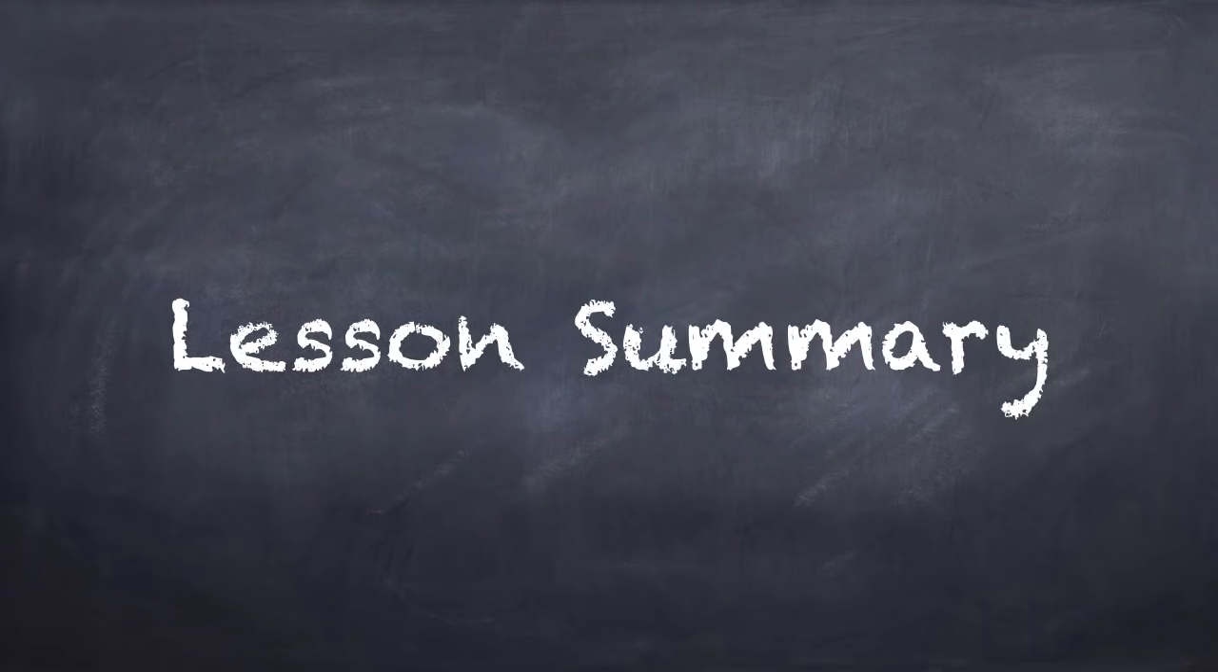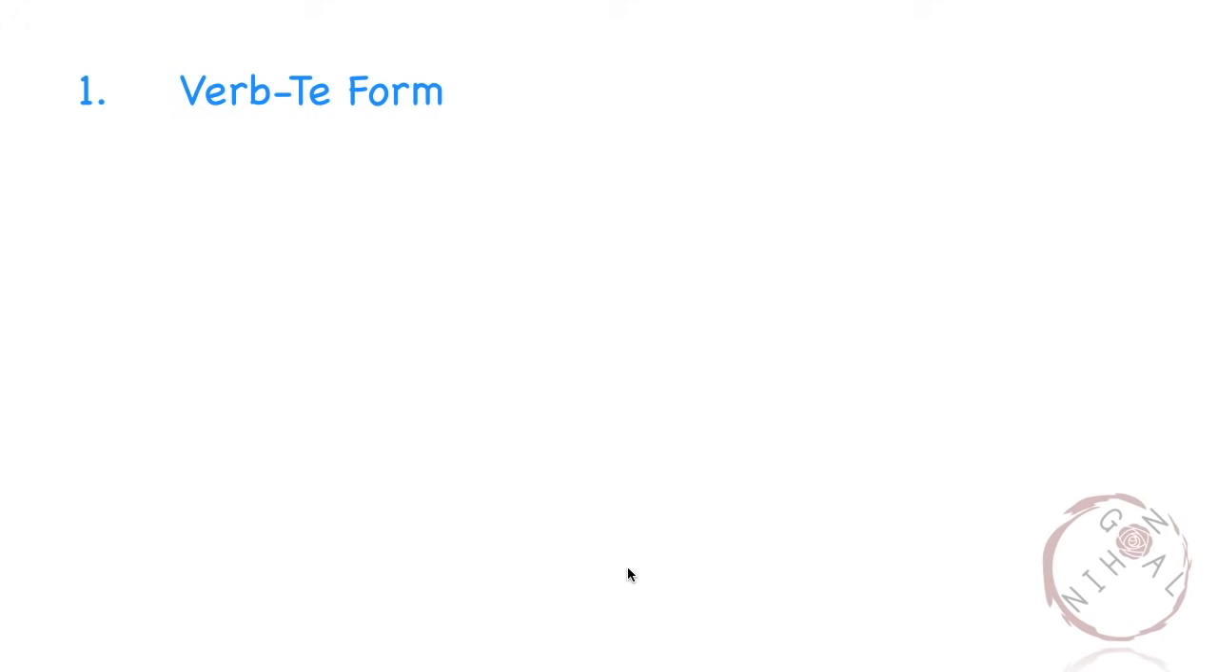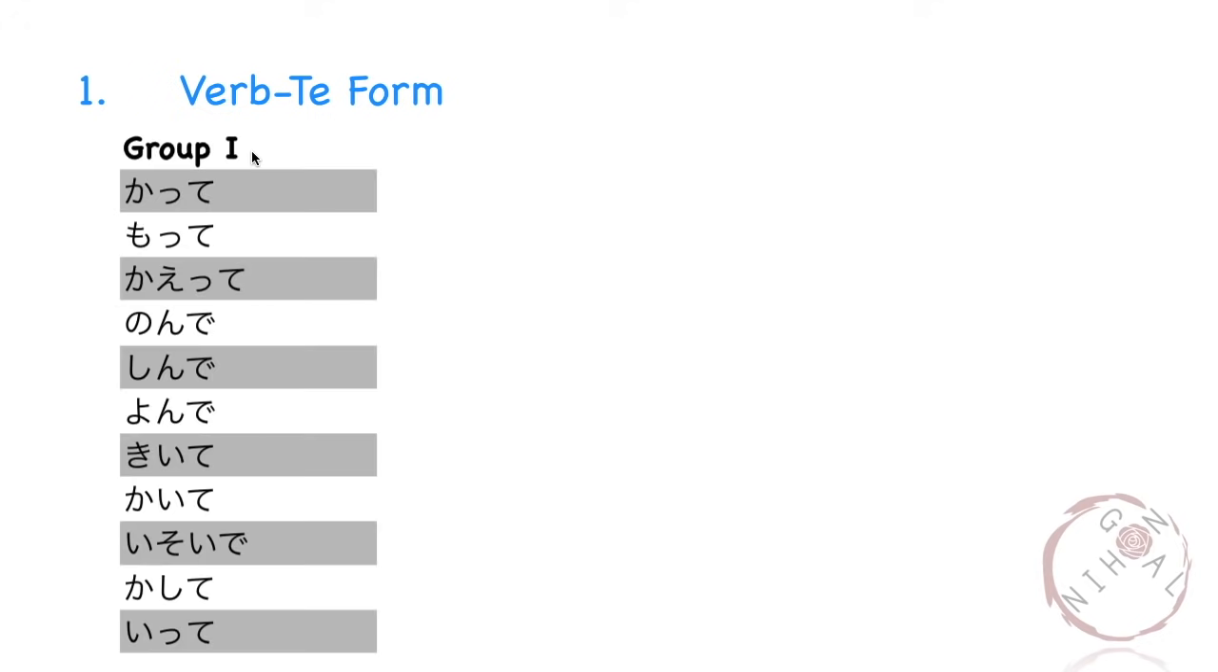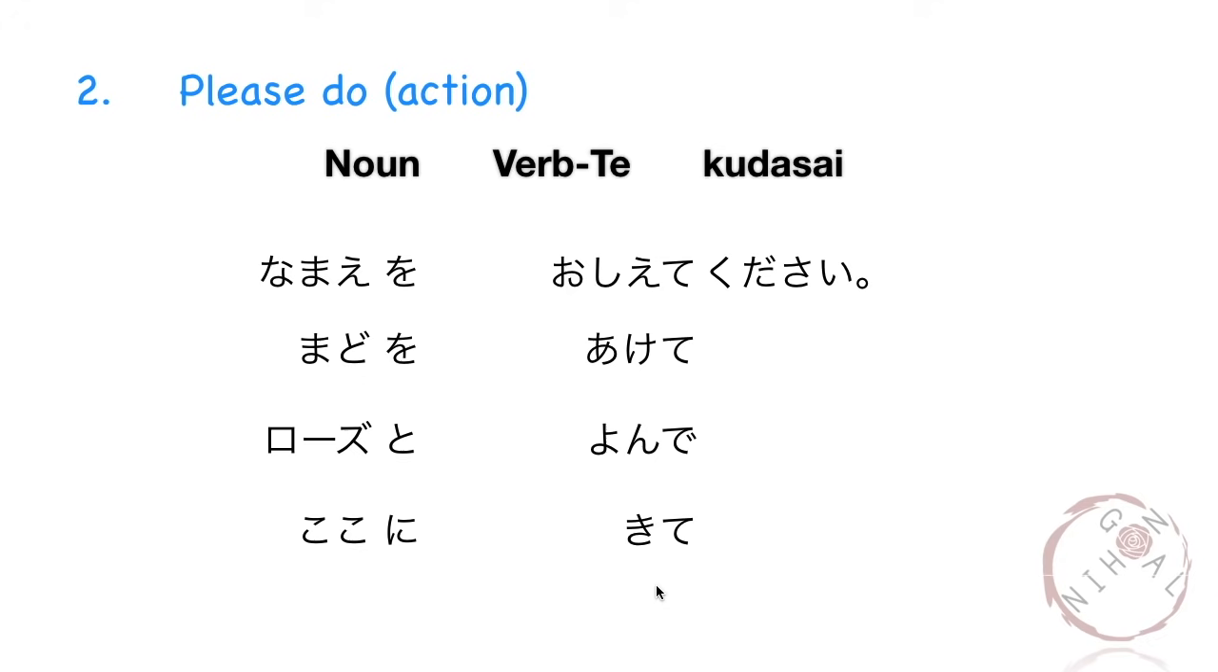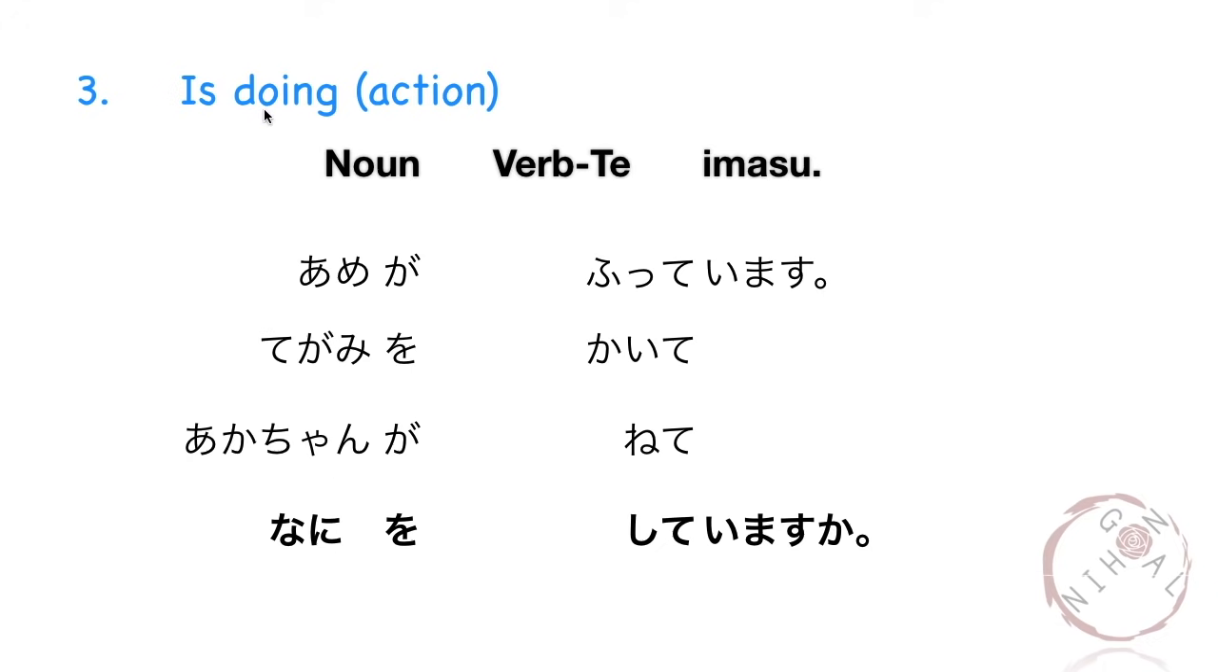Okay, let's have a short recap of what we've learned today. First is how to form the te form of the verb. For group 1, sometimes it would change to te, nde, ite, ide, and so on. For group 2 and group 3, we simply remove masu and replace that with te. Next is how to ask someone to do an action by using the te form of the verb followed by kudasai. Examples: 名前を教えてください。窓を開けてください。ローズと呼んでください。ここに来てください。